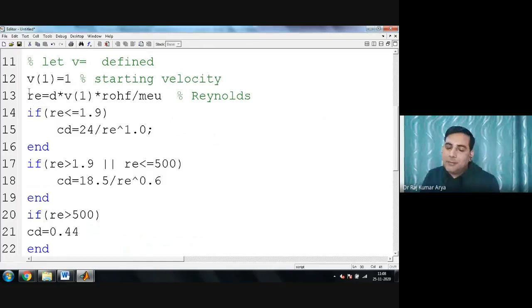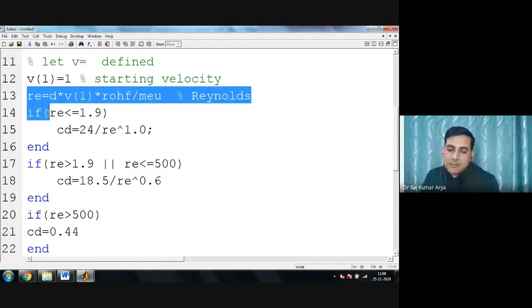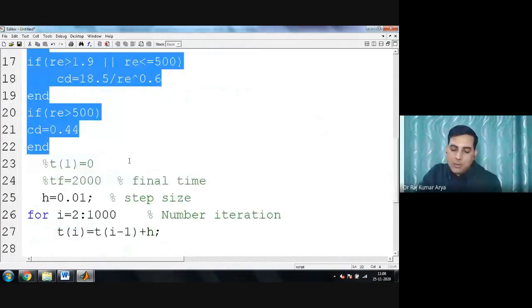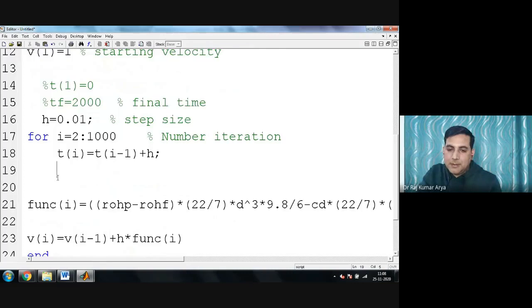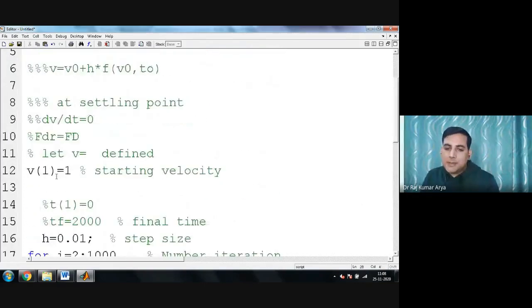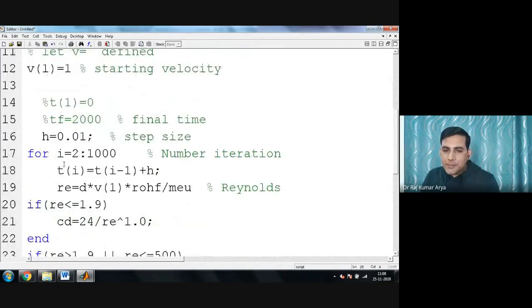So this V1 will work outside. It would work outside, no problem about that. You need it. But the rest of the things you have here will not work unless they are inside the loop. They should be there inside the loop. So I have now put them inside the loop here. Now I can put RE here also if you want.